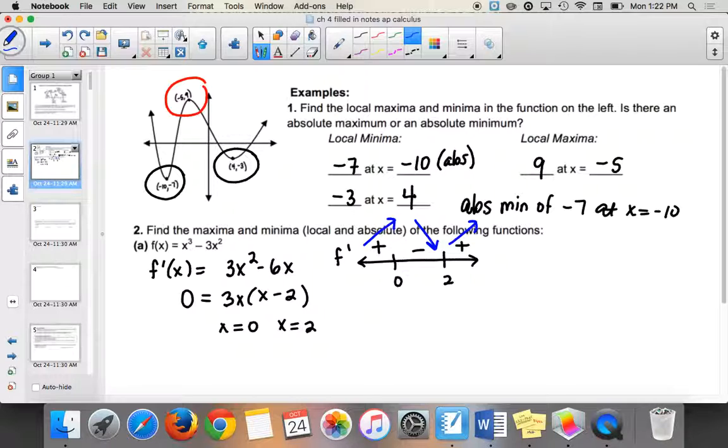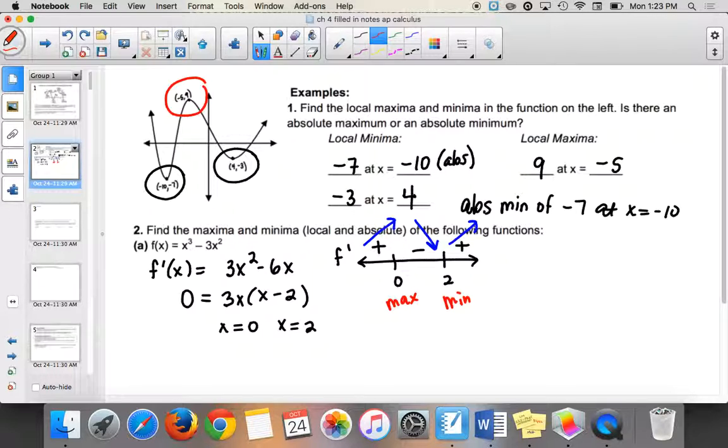All right, so what I always want you guys to do is use your knowledge of graphs to verify whether or not this is true. So we know x cubed graphs, it could look like the parent function, it could look like that. But couldn't it also go up and then come back down, like something like that? That's what this one does. So see how we have an x cubed function originally? It goes up, it comes back down, it goes back up. There's a maximum, then there's a minimum. Okay, so we have a minimum at the 2, and we have a maximum at the 0.